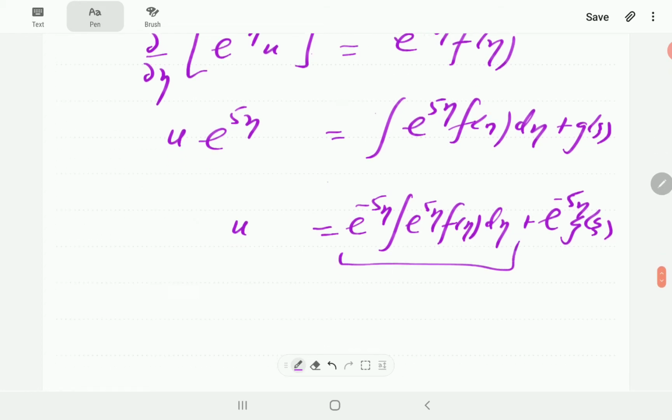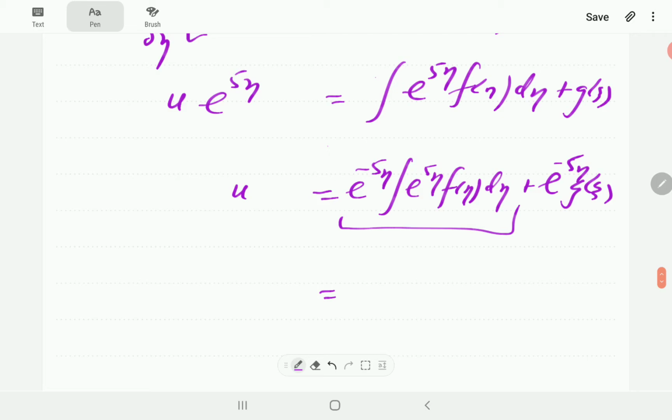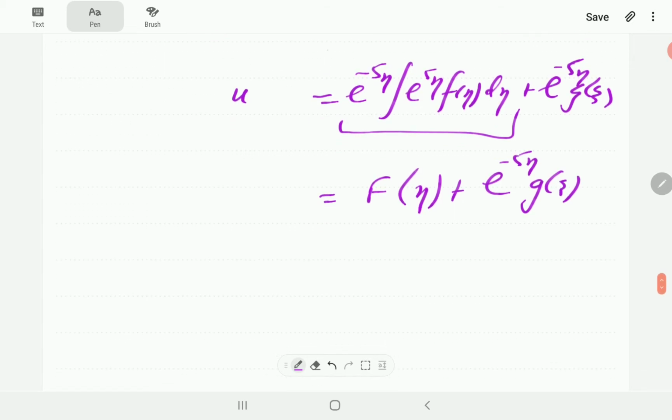This is all just a function of eta, so we can write this as f of eta plus e to the minus 5 eta g of xi, from which then this in terms of x and y is going to be f of